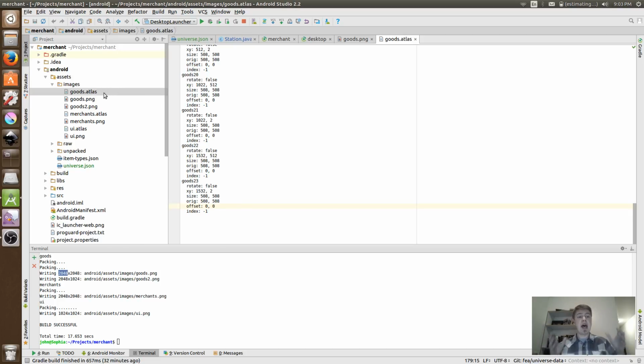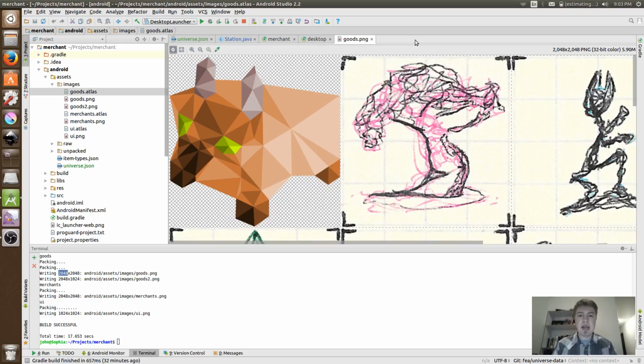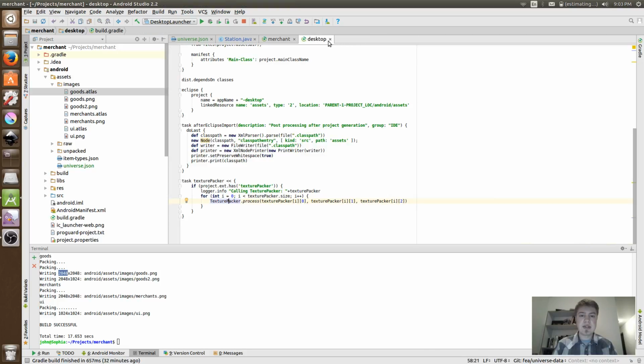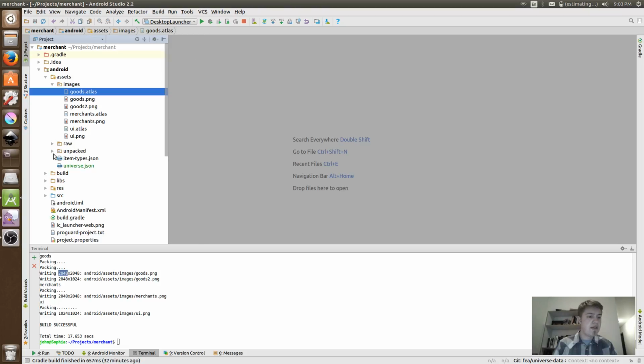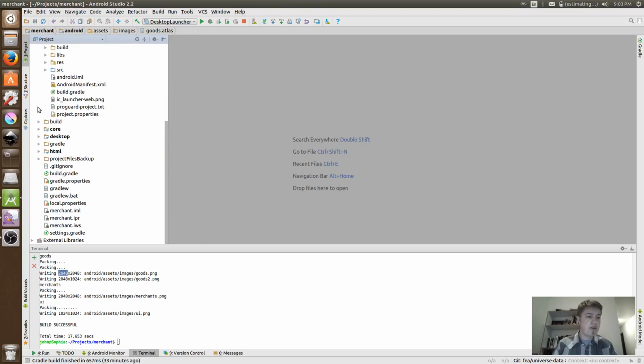And really, I could have combined goods, merchants, and the UI onto a single set of pages, and I decided to keep them separate for now. Maybe I'll change that in the future, but currently that's the way it is. So I'm going to go ahead and close this and show how this gets loaded in my code. So if I go over to the core library where all the interesting stuff is,